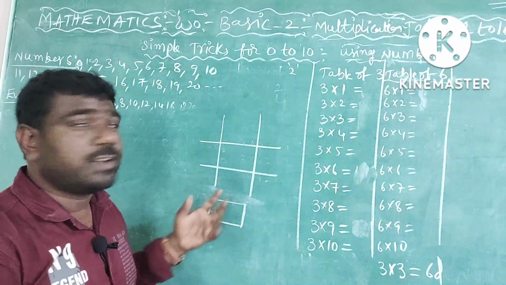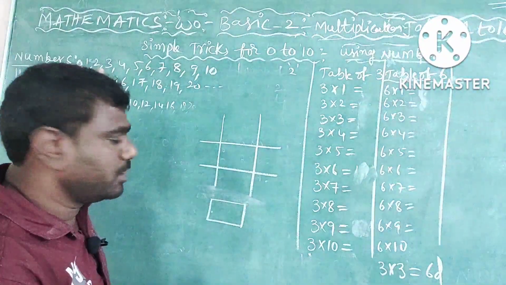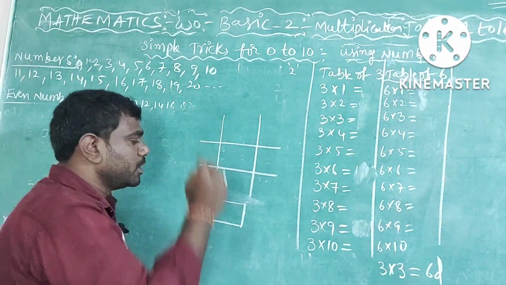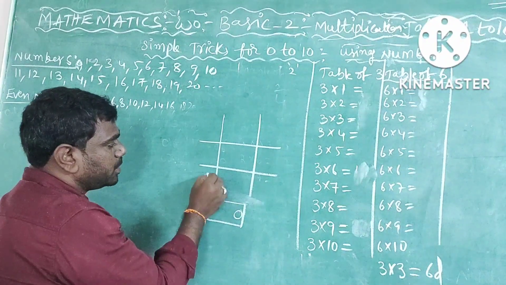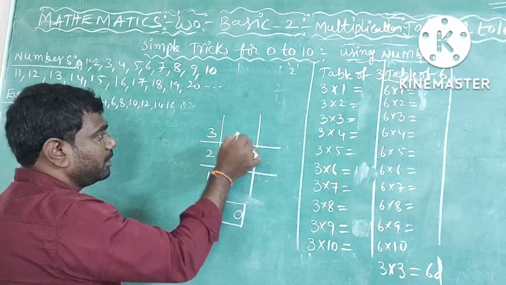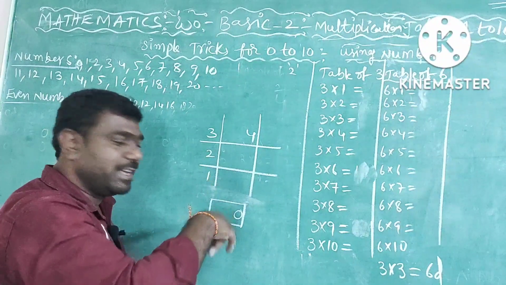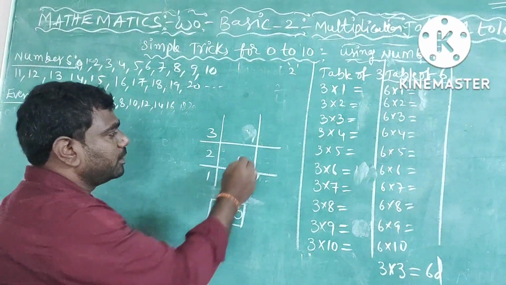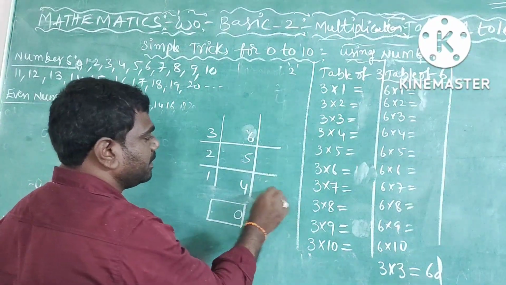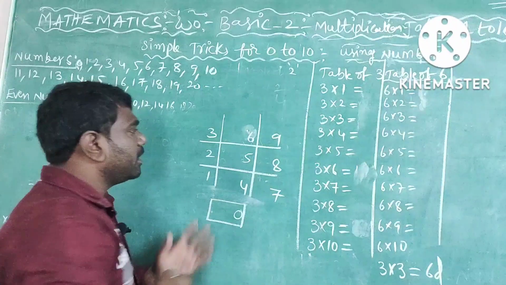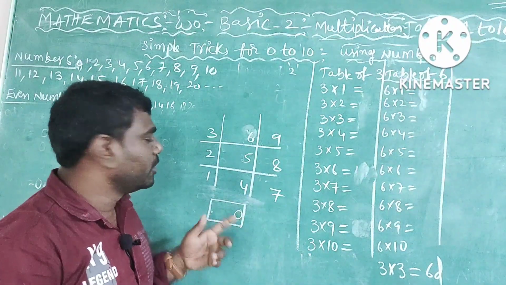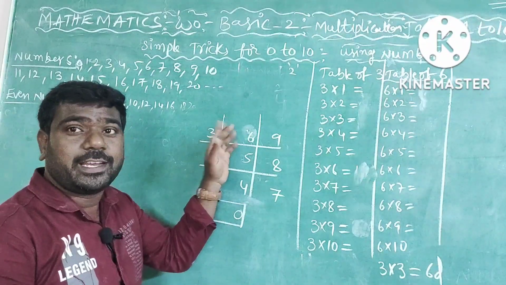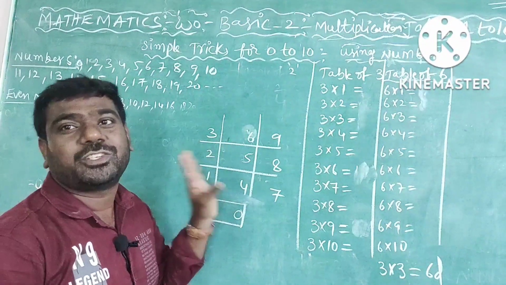The numbers where I am going to start here: 0, 1. I am writing from bottom to top. First I am placing 0, next 1, 2, 3, 4. Don't keep always bottom to top. Now that's why we should come to the bottom again: 4, 5, 6. Again 7, 8, 9. These are very simple numbers, you know. Yes or no? So 0 to 9, bottom to top. See how I am representing. Remember the trick here. Write the same like this.